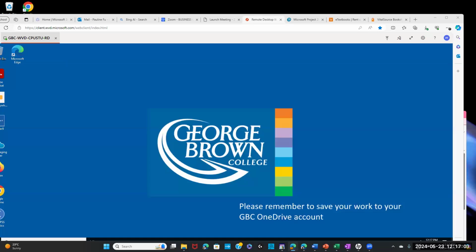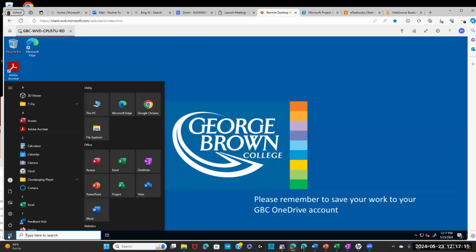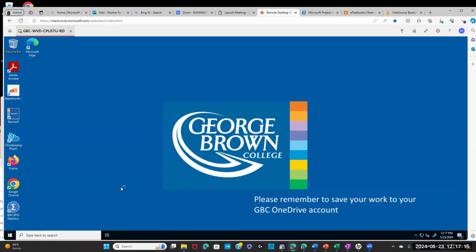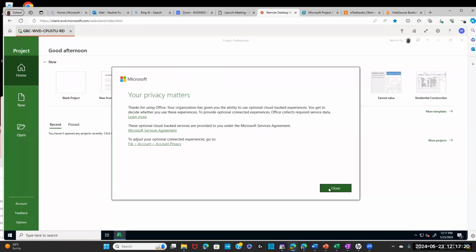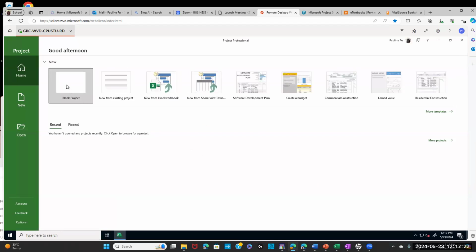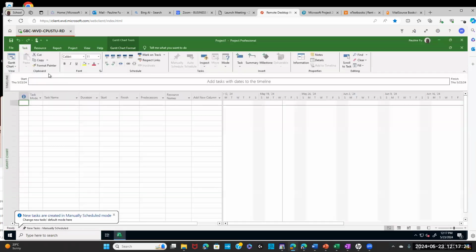Okay, so I opened my virtual desktop. And then on the bottom left, click Start button, then click Project, click Close, click Blank Project. I pause for a moment. Any questions?